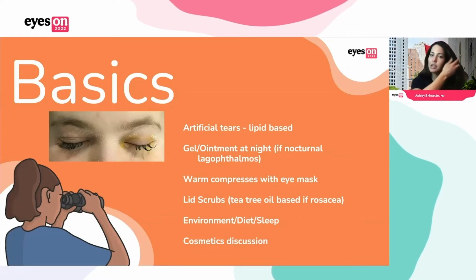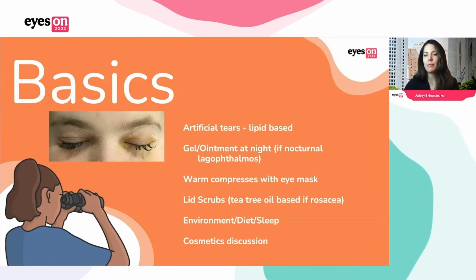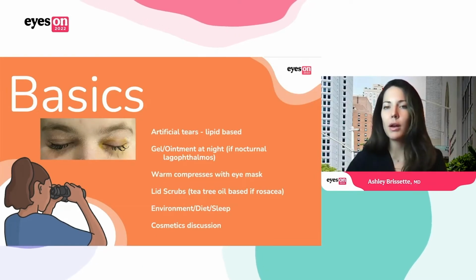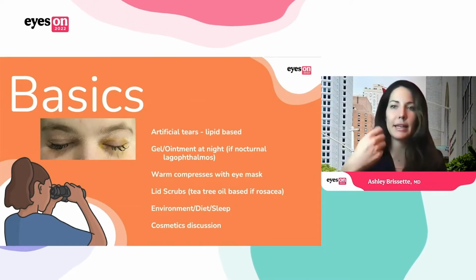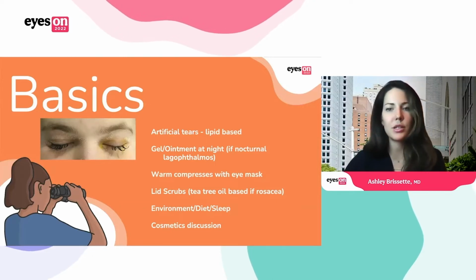I talk to all my patients about doing warm compresses, and this is best done with an eye mask, which will really retain the heat well. Doing it with the eye mask can be better because it's a dry heat, which you can microwave, or they have masks that you can plug in with a USB to heat up, rather than doing it under hot water, because sometimes the wet component can irritate the skin, especially if somebody is doing frequent compresses. So that's just one tip.